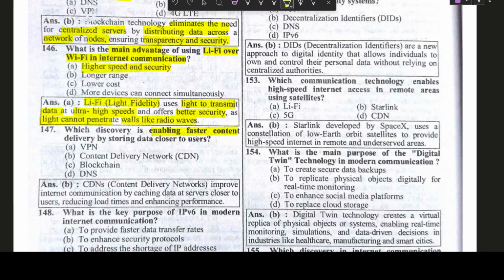is enabling faster content delivery by storing data closer to the user? So it's a content delivery network, CDN. CDN, the content delivery network, improves internet communication by caching data at a server closer to the user, reducing load times and enhancing